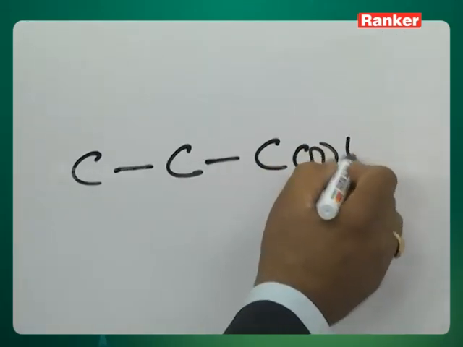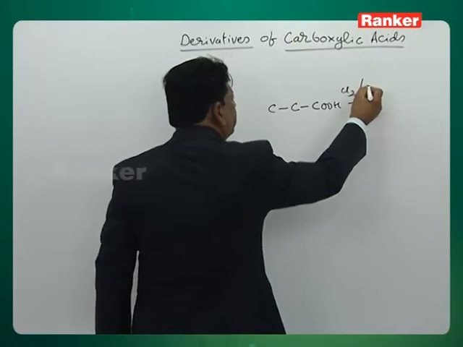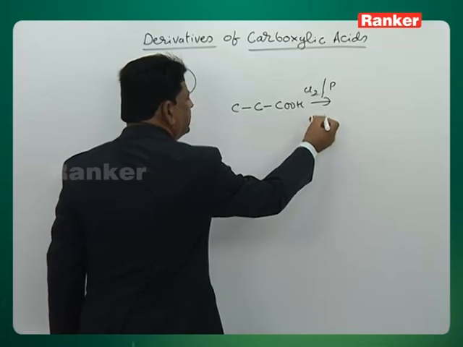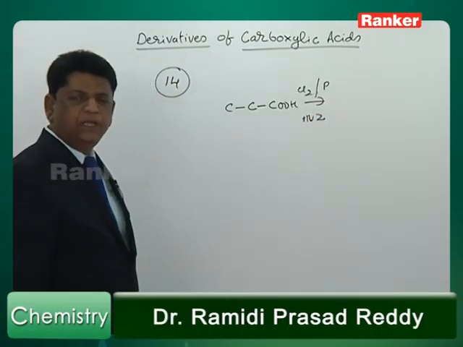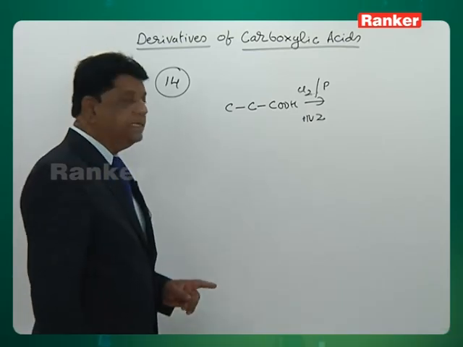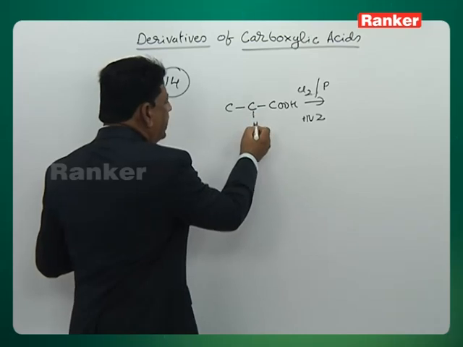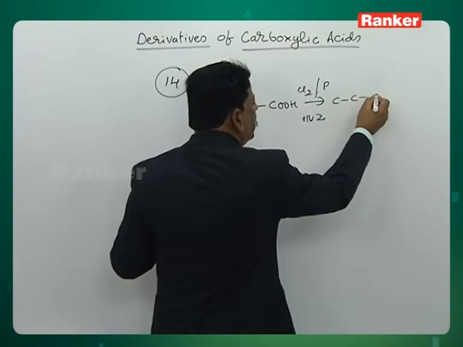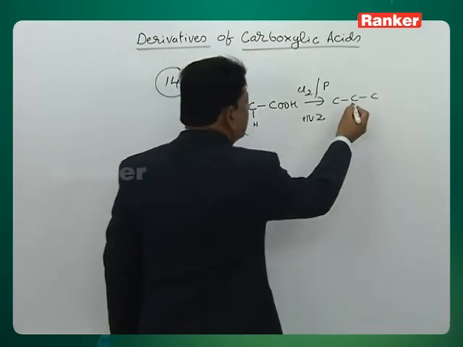Here the compound is propanoic acid treated with the chlorine and the phosphorus. This is called an HVZ reaction, in which alpha halogenation takes place. It is known as the Hell-Volhard-Zelinsky reaction. In this reaction, one of the alpha hydrogens gets halogenated. So the reaction becomes an alpha chlorination, taking place at the alpha carbon,